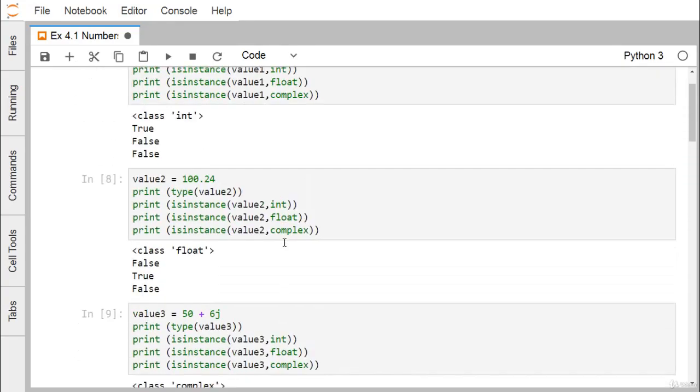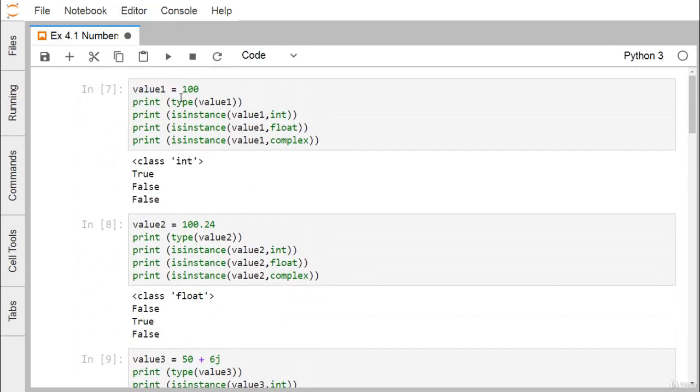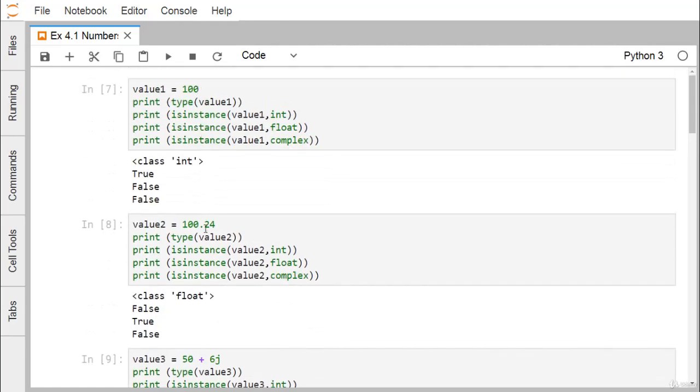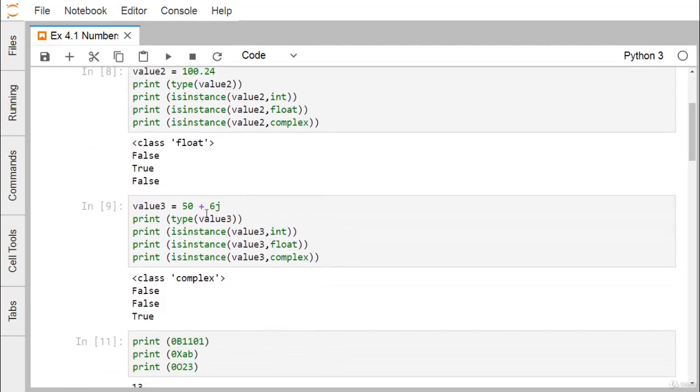in Python. So let us go for a quick revision. Type is actually returning the type of the variable. isinstance is actually checking whether this particular variable has this type or not. That's why isinstance returns true or false. We have tested that on integer, we have tested that on float, we have tested that